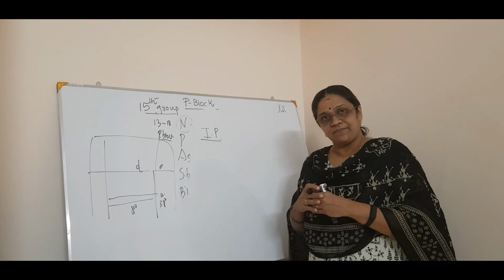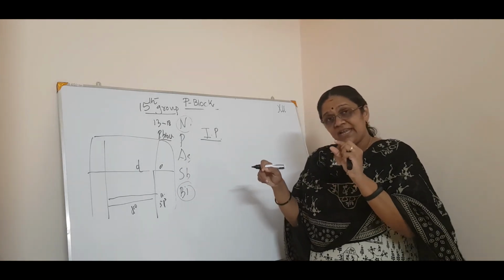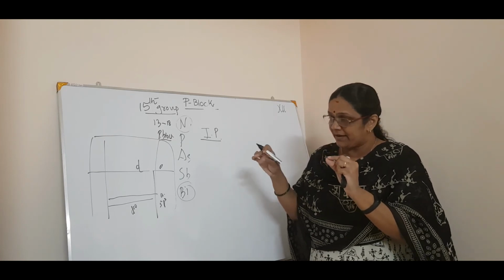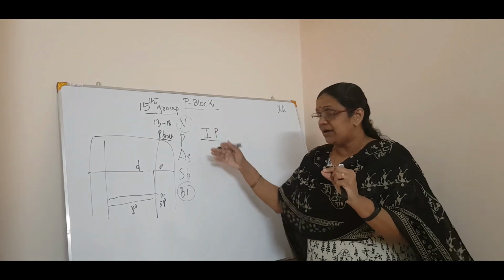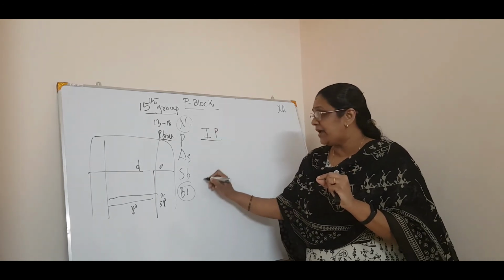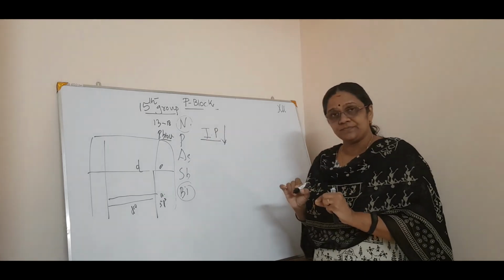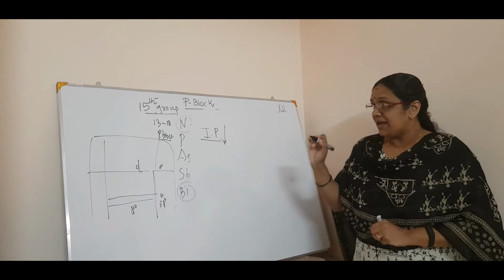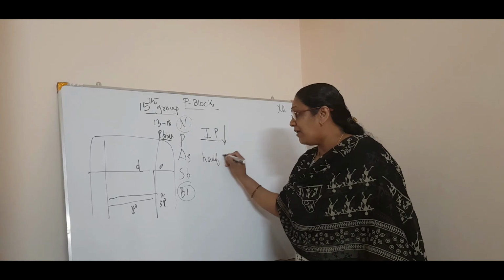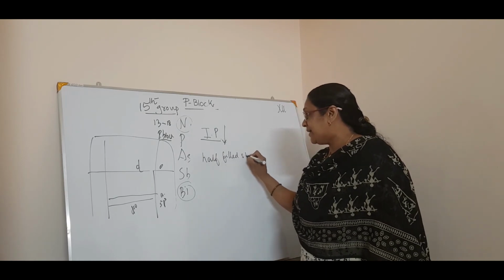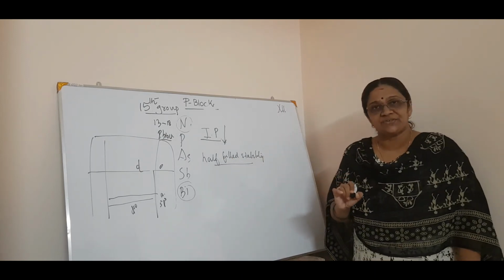Because when we come to bismuth, what happens? The radius from the nucleus to the valence electrons of bismuth is far apart when compared to the other elements. So that is why IP decreases as you go from top to bottom. But here, as I already told you, there is a stability. What stability? Half-filled stability is there, isn't it? So that you also have to take into consideration.